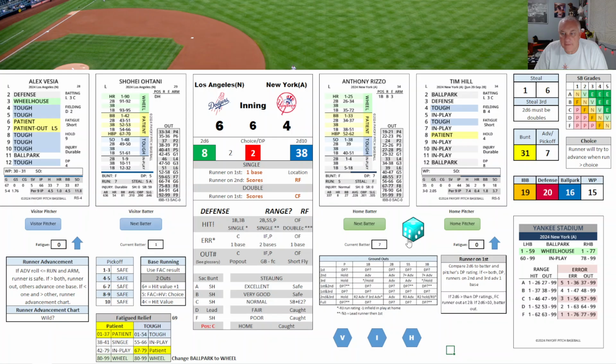Okay, Ohtani to lead off. 3, defense. Defense 66, error second base. So a 66 is going to be, unless he's a 1, this is the second baseman. He is a 2. So that's a ground out. 1 out. Mookie Betts, 6, tough, 10, strikeout. 2 down. Freeman, 10, in play, 37. That will be the 3rd out, a ground out to the pitcher. And we get through. So Hill does his job.